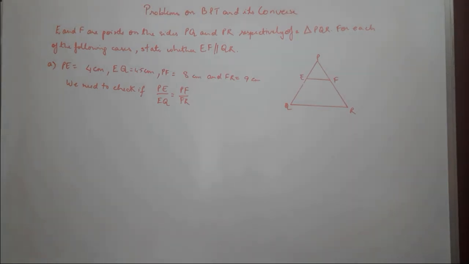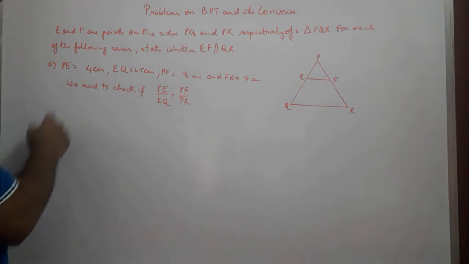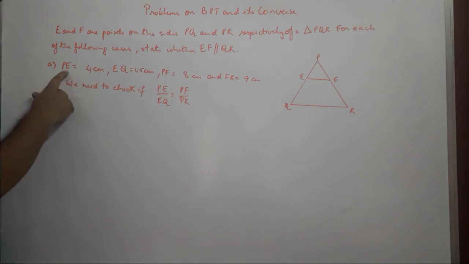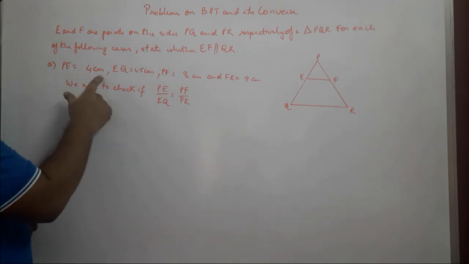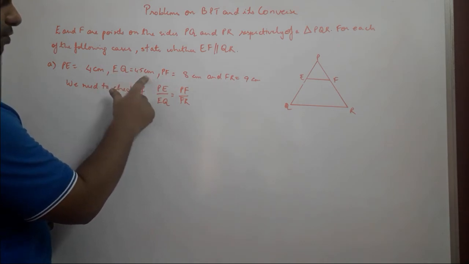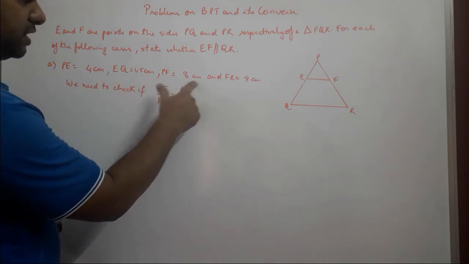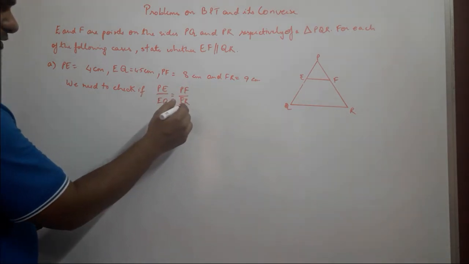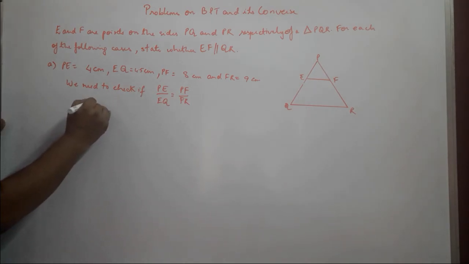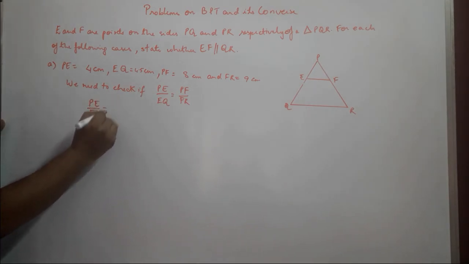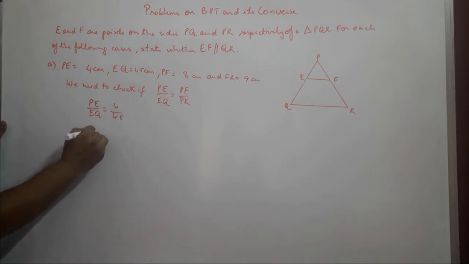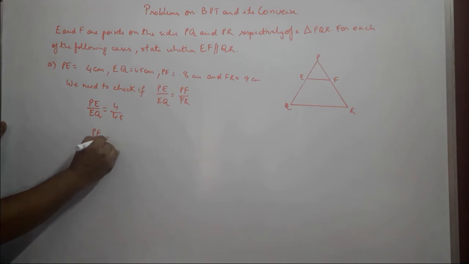Our second question is similar to the first one, but the values or the lengths of the sides have been changed. So PE is equal to 4 centimeters, EQ is equal to 4.5 centimeters, PF is equal to 8 centimeters, and FR is equal to 9 centimeters. So we need to check if PE upon EQ is equal to PF upon FR. So we'll have a look at PE upon EQ. What values do we get? PE is 4, EQ is 4.5. Leave it over here, and PF upon FR can be written as 8 upon